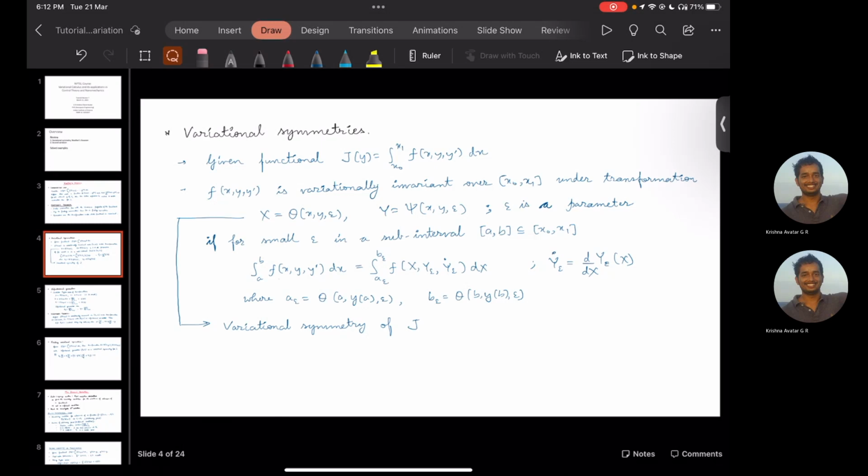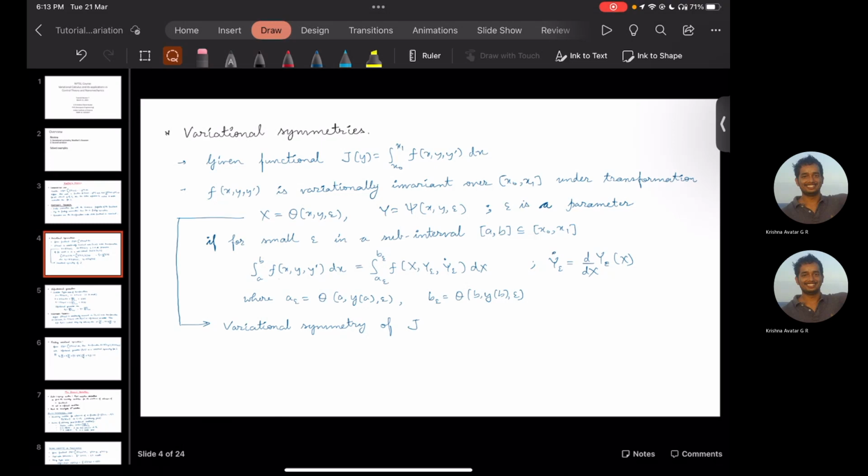Transformations of such form are a one-parameter family of transformations, because epsilon is the parameter which we vary in order to obtain the transformation capital X, capital Y. Now f is variationally invariant over x0 x1 under this transformation if, for small epsilon, in a subinterval a b, which is a subset of x0 x1,